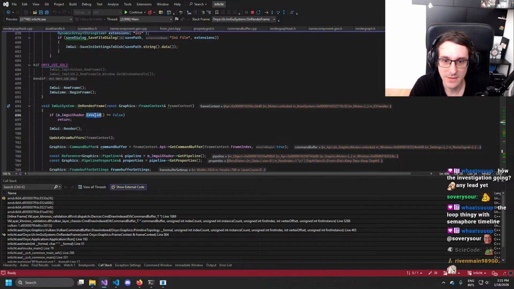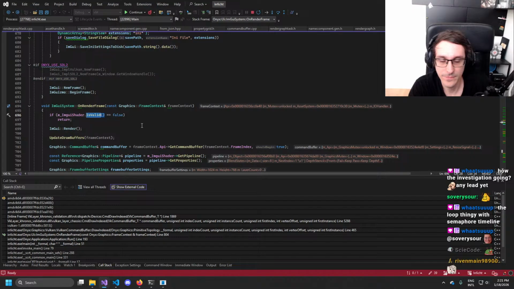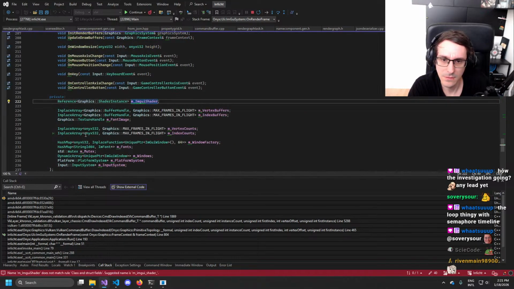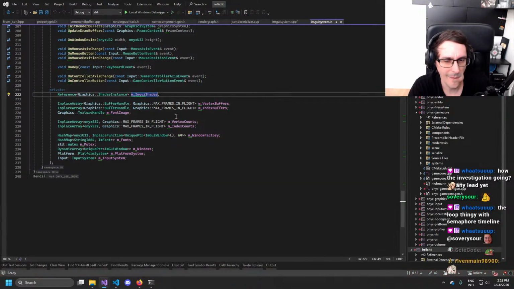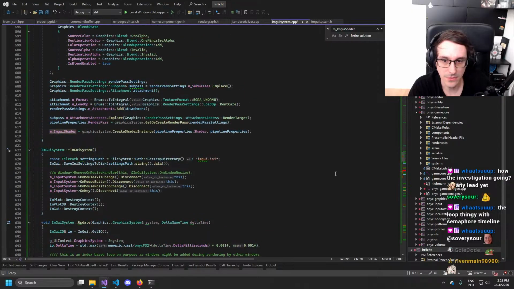Oh wait, is that... Why is that shader like that? I don't think you should be a shader like that.